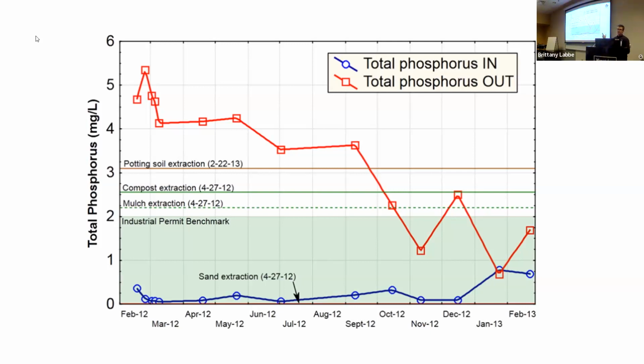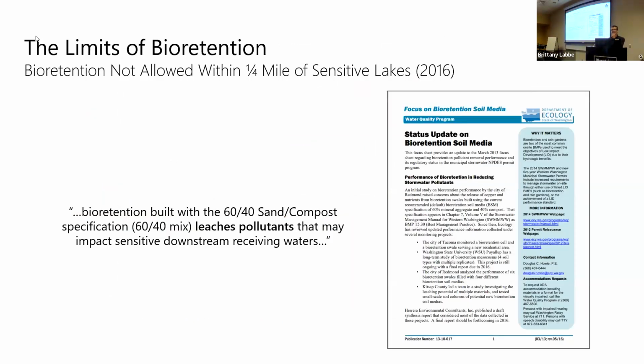You really want these switched. We were exporting a ton of phosphorus, in this case, into an underdrain in a lined system. If that underdrain was going to a sensitive water body, you wouldn't want 5 milligrams per liter of phosphorus going there, right? And so when these data came out, people looked at it and they thought, and then Ecology said,